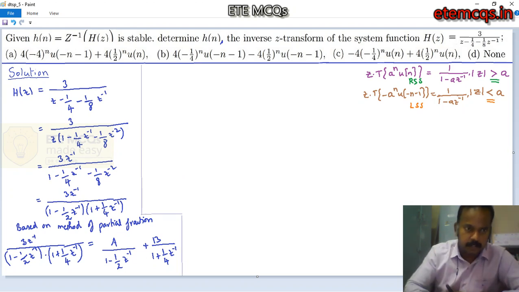Upon cross multiplication, you will get 3 times z inverse divided by